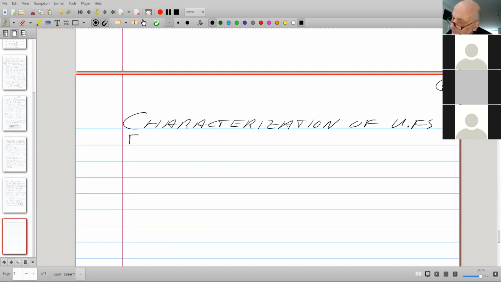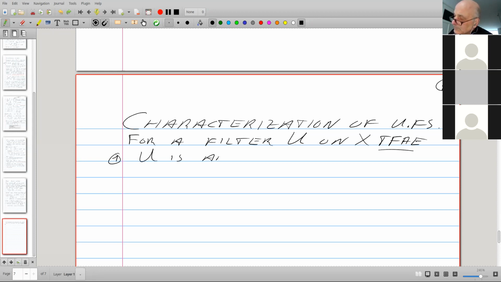So we have three characterizations of an ultrafilter. The last two are quite similar.